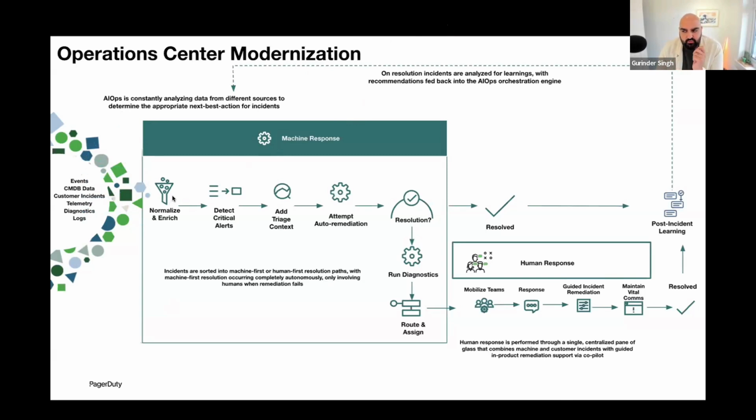How can we reduce some of that noise on ingestion so that you're only working on the critical events, and they're the ones you need to really act on? Once we have determined those critical events, how can we start to give you additional context into what's going wrong? Whether that's signals as to when has this type of problem happened before,